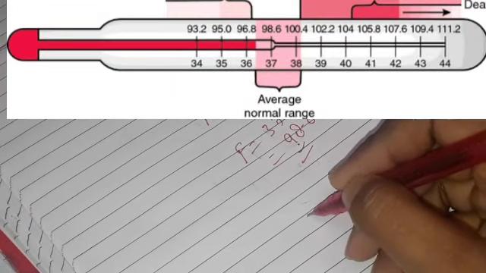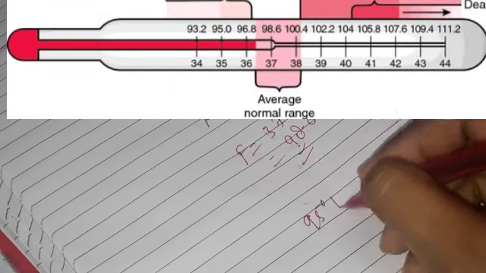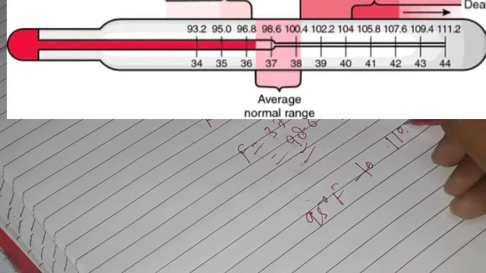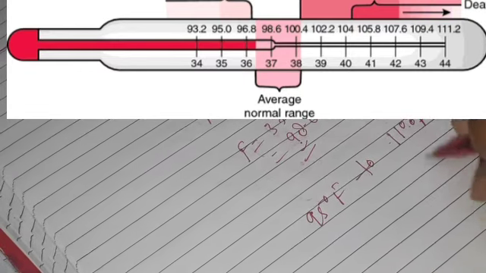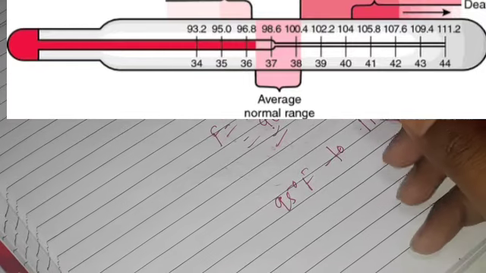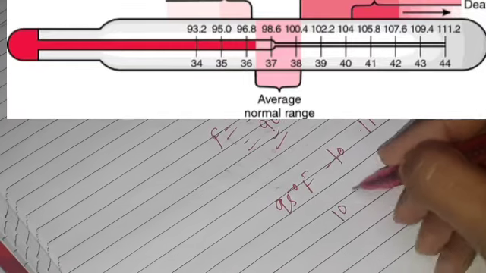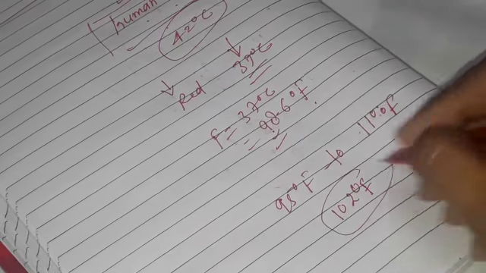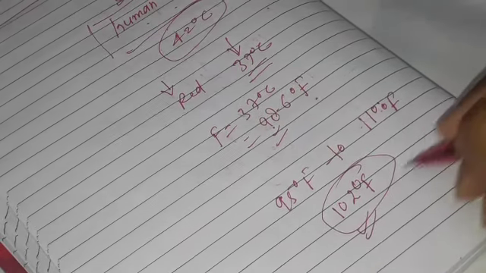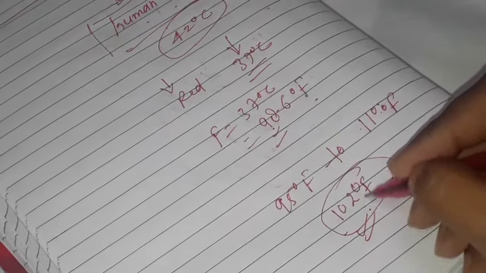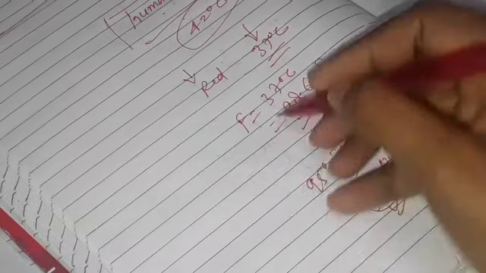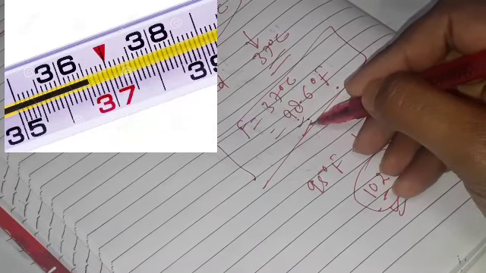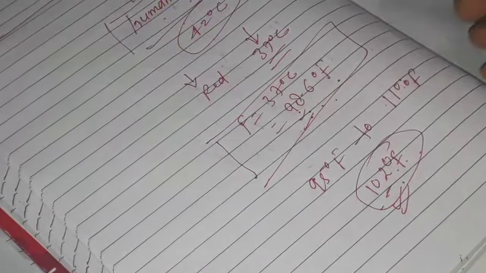In Fahrenheit it starts with 95 degree Fahrenheit to 110 degree Fahrenheit. So normally you hear so many times you have a fever of 102 degree. That is 102 degree means 102 degree Fahrenheit. It is not in Celsius, it is in Fahrenheit. Healthy human body temperature is 37 degree centigrade. The meaning of that is 98.6 degree Fahrenheit.